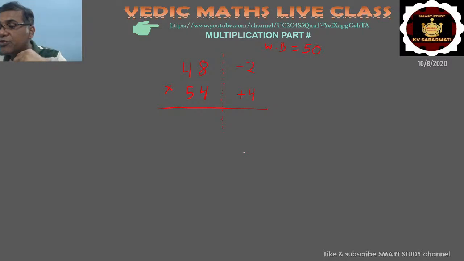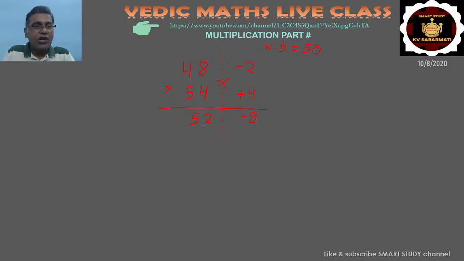Very good. Many of you have already started answering. Very good, beta. Niva Parmar. Okay, let us see. So here what I will do, first I will multiply in the right hand side. So minus 2 into 4. Minus 2 into 4, so this will be minus 8. So here I will write minus 8. And this side crosswise you have to check. Any side you can check. 54 minus 2, that is 52.